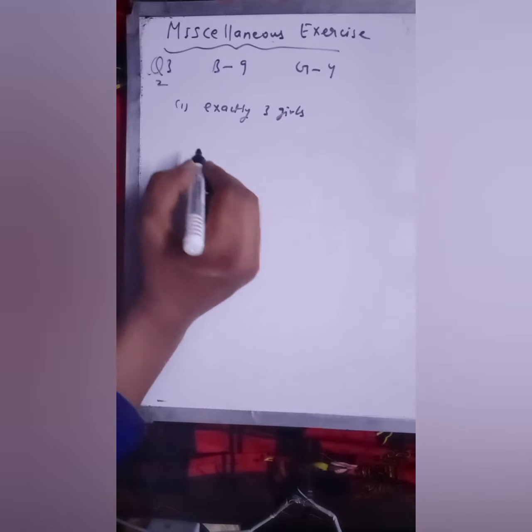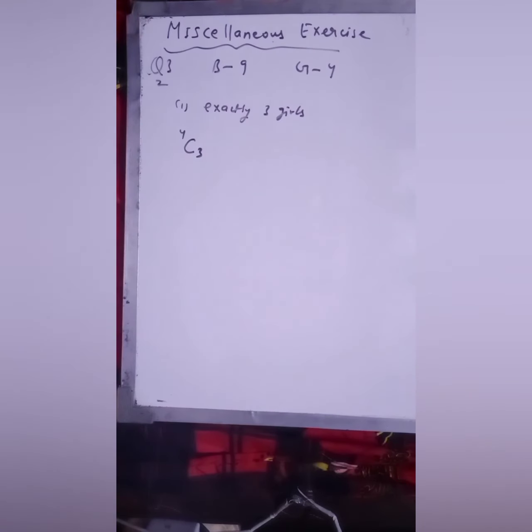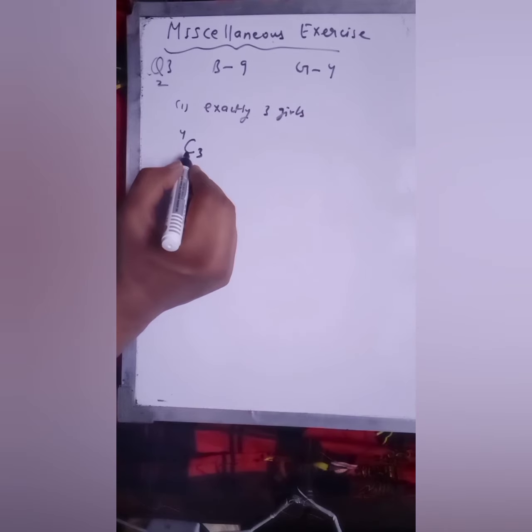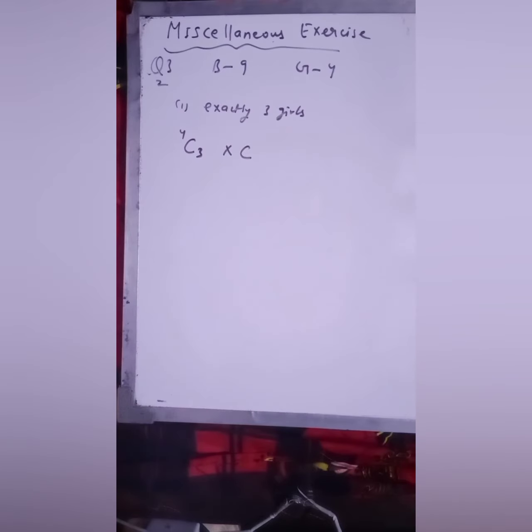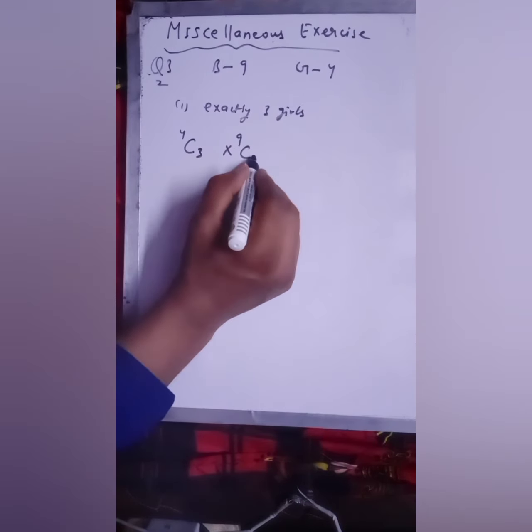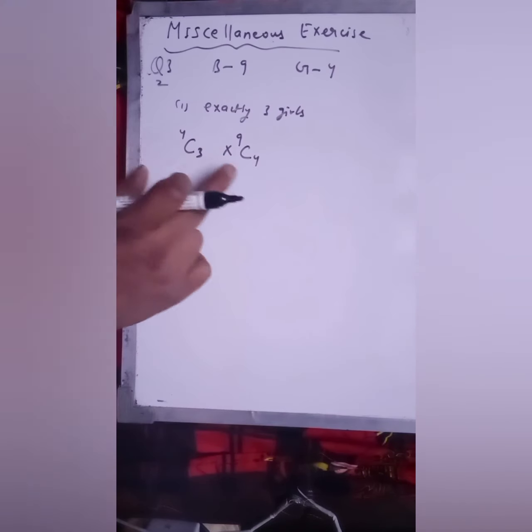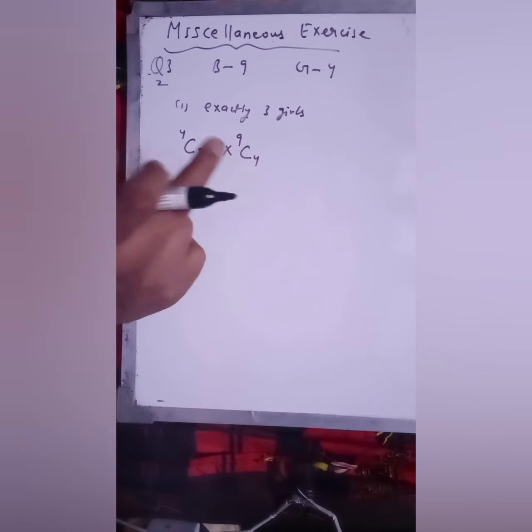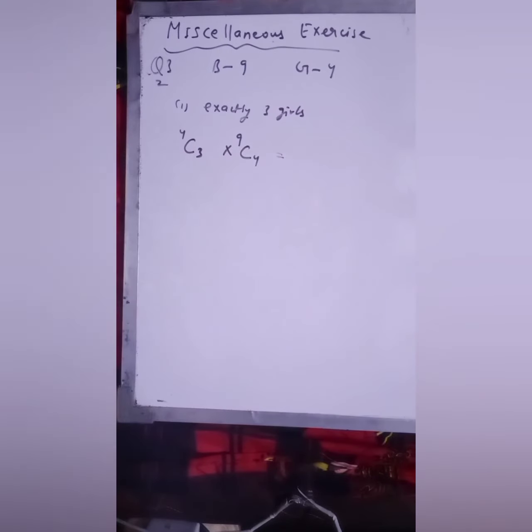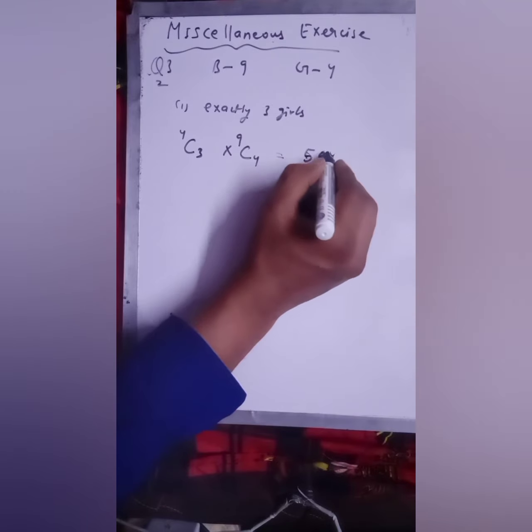For 3 girls, there are total 4 girls, so you can choose only 3. Fine. That's why we are combining here. There is a selection, so that's why we are applying combination. Into total boys are 9, so you have to choose 4 because we have to make a community of 7. So 3 girls you choose from 4 girls, and then only one choice you have, that is you can choose 4 boys from 9 boys. Okay, so simplify it, you will get the answer of first part. Fine. So when you solve, you will get 504. This is the answer of first part.